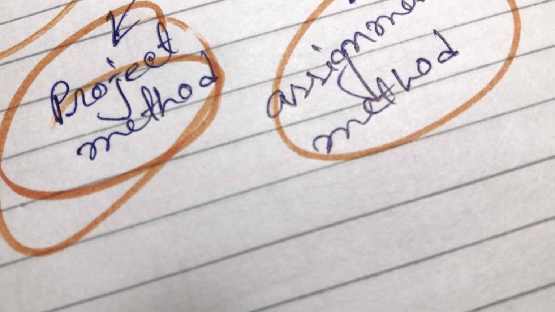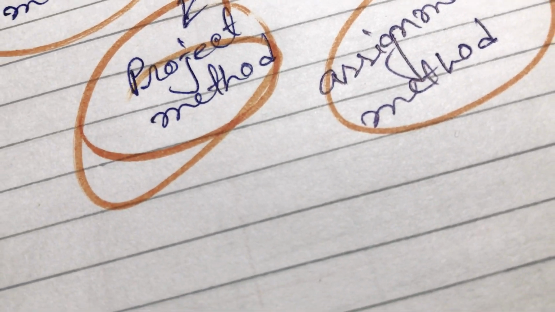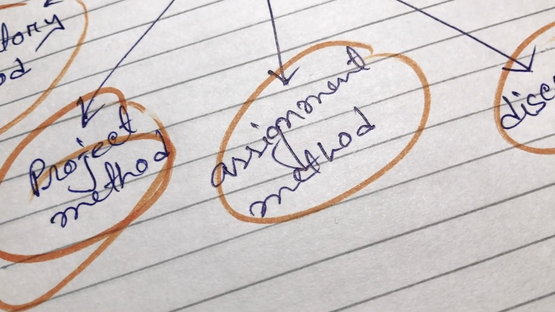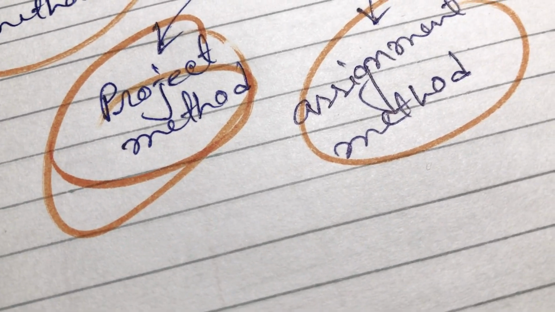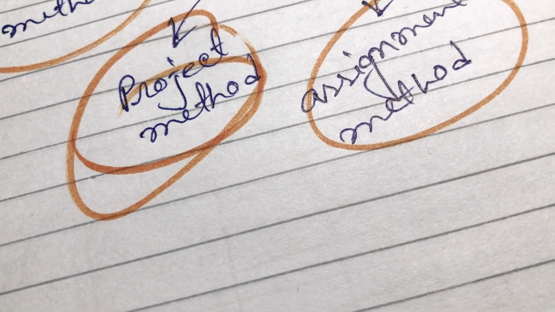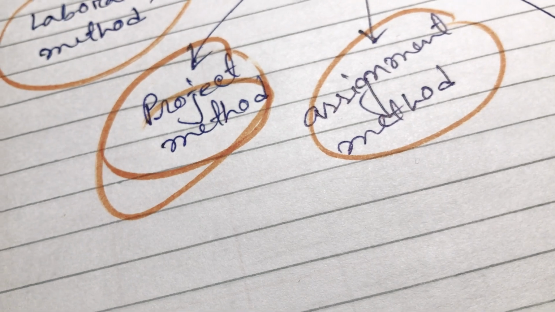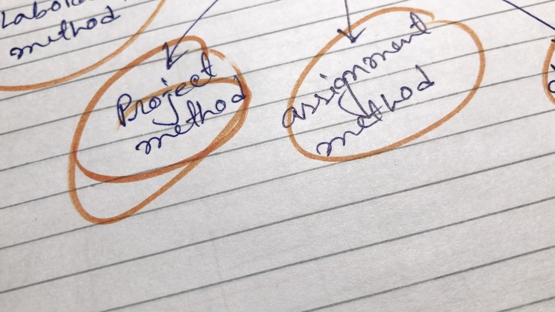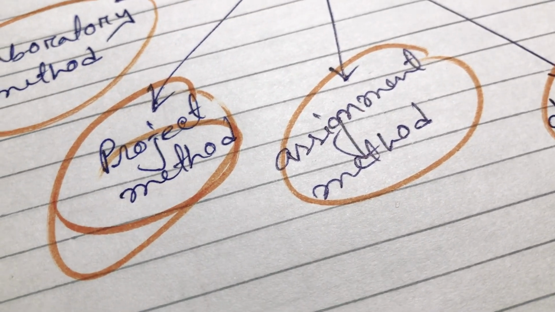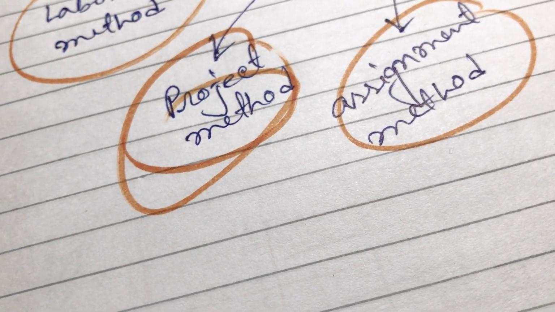And you know what happens with the making of a project: we follow a principle. What is the principle? Learning by doing. It means we are learning something by doing project work, or we are learning while we are making the project. In this method the teacher, who guides the project, plays a facilitative role rather than the role of an expert. His role is like a facilitator, not like a formal teacher.